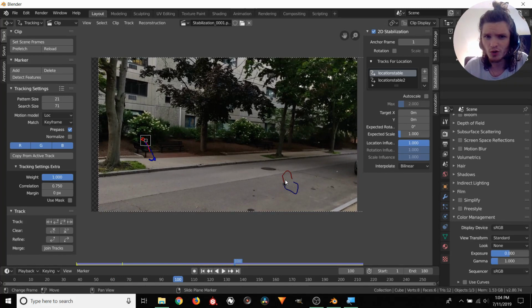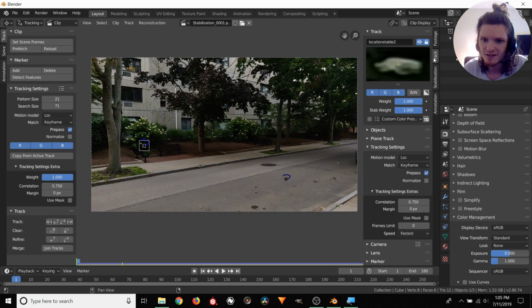And we can actually control which one it's going to prefer. I think it does an average, but we can make it a weighted average. So back in the track, we see this weight and the stab weight. We're going to ignore weight for now and only look at stab weight, which it says is the influence of the tracking on 2D stabilization. Influence of this track on 2D stabilization. So 1 means it has 100% influence, and both of them have 100% influence, so it's going to equally choose